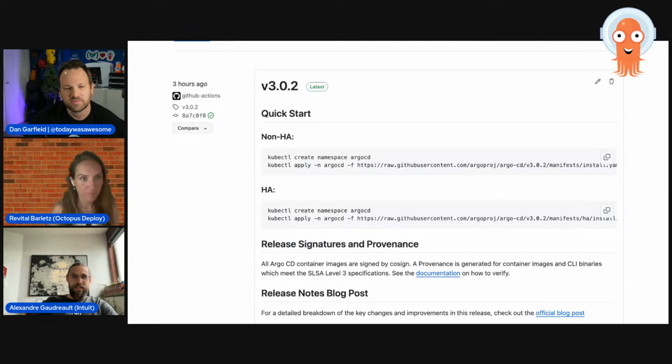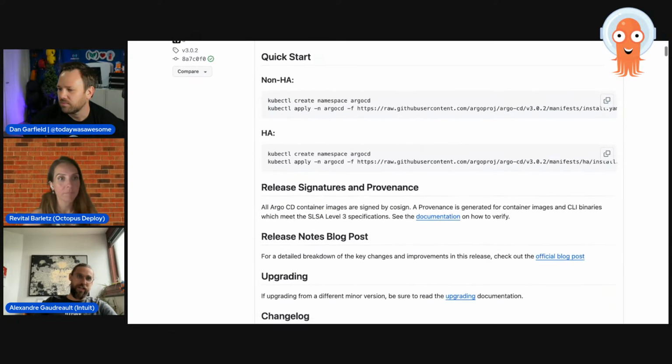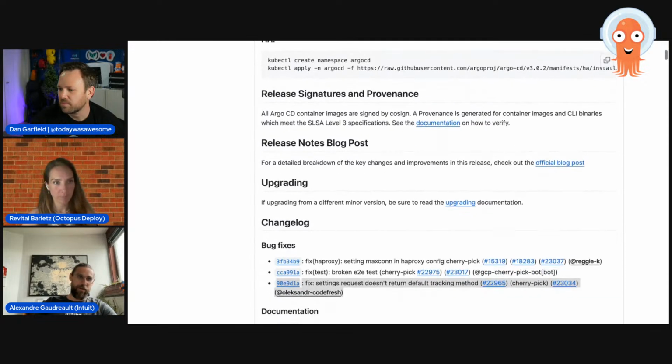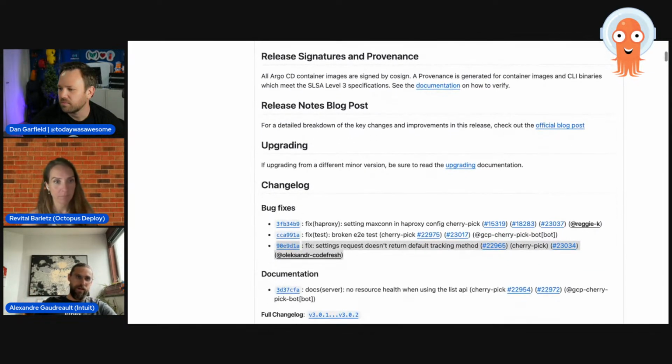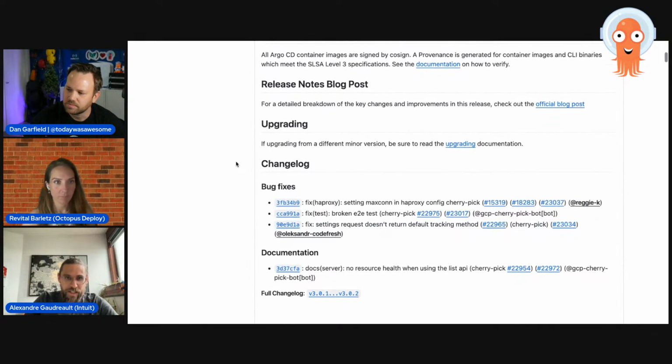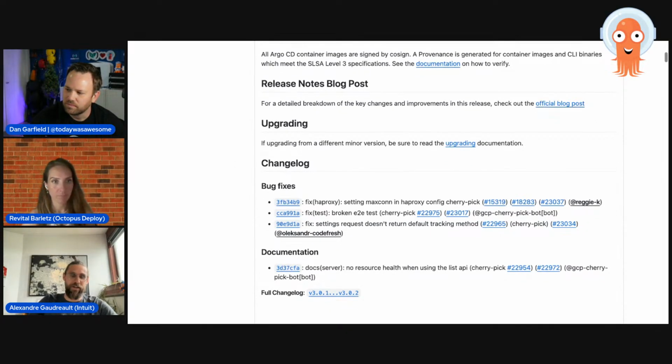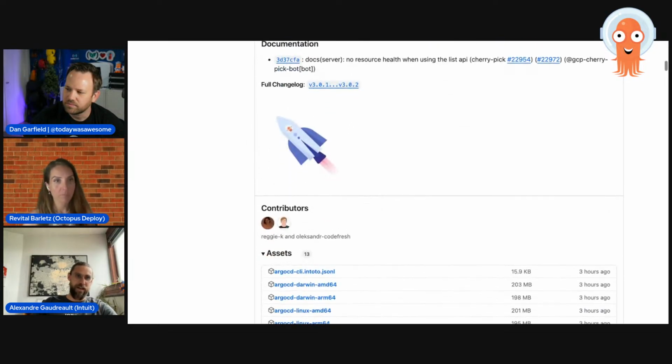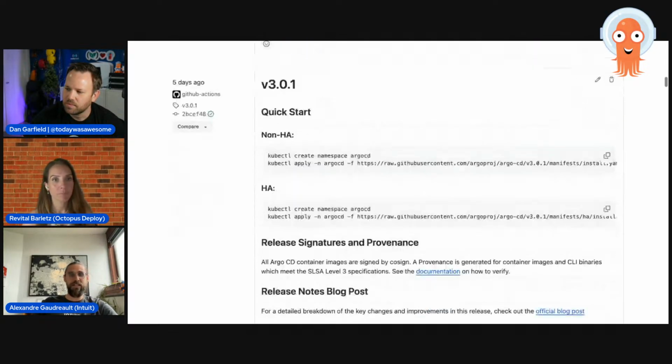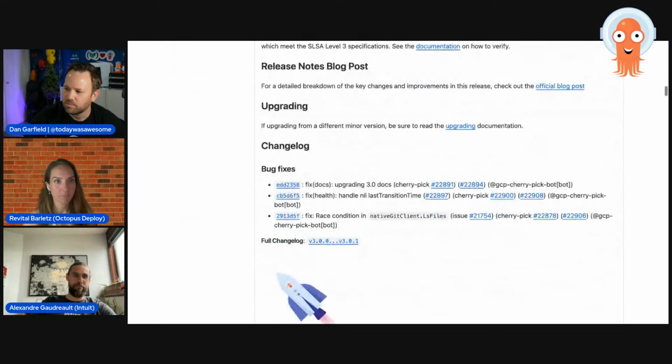It's pretty much the same as usual. We had breaking changes, obviously, in version 3.0, and there were some changes that we didn't anticipate, but I think they're part of a patch release already, or they're going to be part of the next patch release. But it's nothing major. So far so good, I would say.